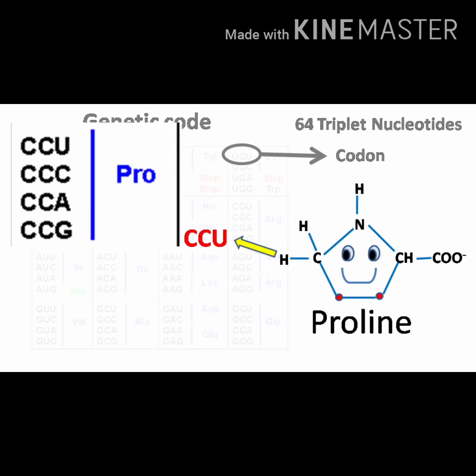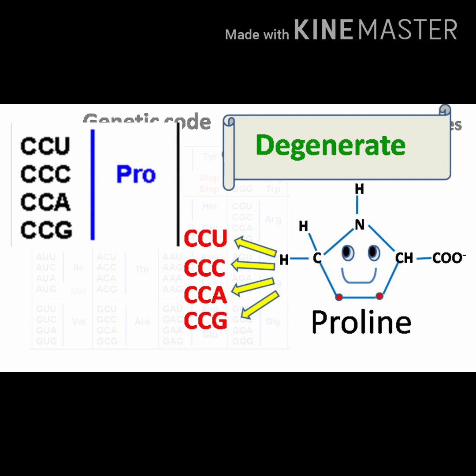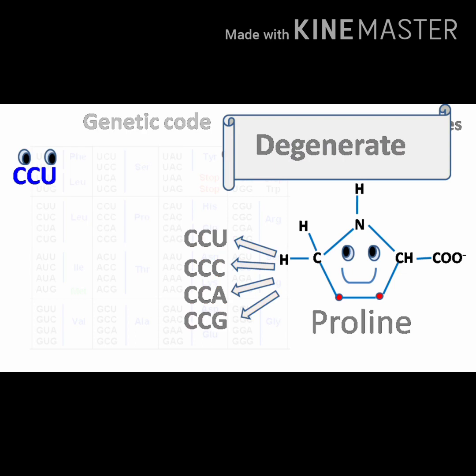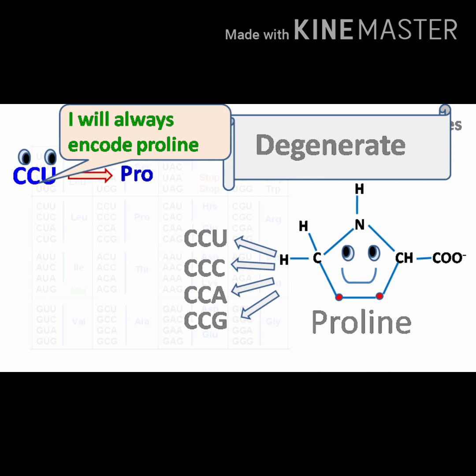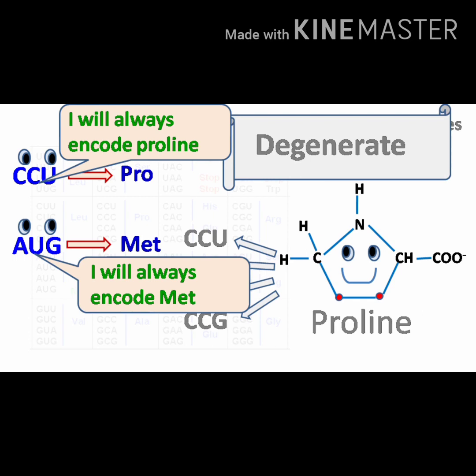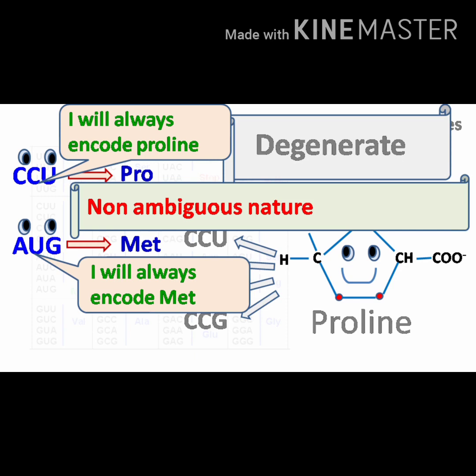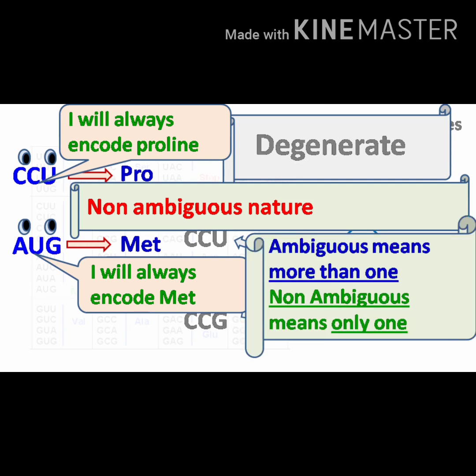Here you can see another feature of the genetic code. Here we can see the amino acid proline, which is coded by 4 types of codons: CCU, CCC, CCA and CCG. So this feature is called degenerate. The same amino acid is coded by more than one codon. This feature is called degenerate. Another salient feature is related to the AUG codon. AUG has a dual function. One, it codes for MET, that is methionine, and second, it acts as the start codon.